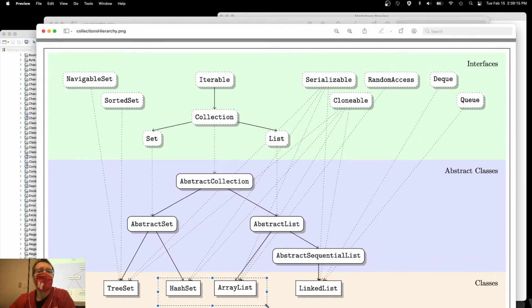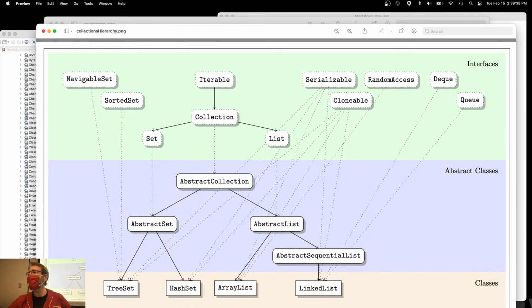When you create a set, you actually create a hash set. When you create a list, you've probably created array lists. All of these things are collections. All of them are iterable. They all inherit from abstract collection. We have this kind of hierarchy of more concrete down here, less concrete or more abstract up here, until